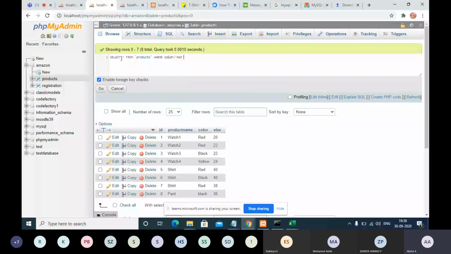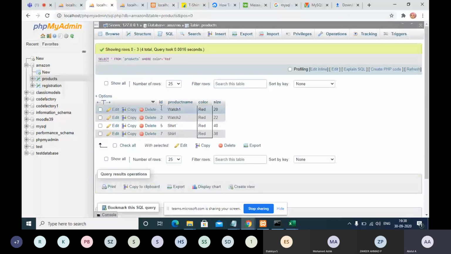If I execute this query, it will list the products where the color is only red. We have 8 records in our database table, mixed with black color, red color, and all colors.